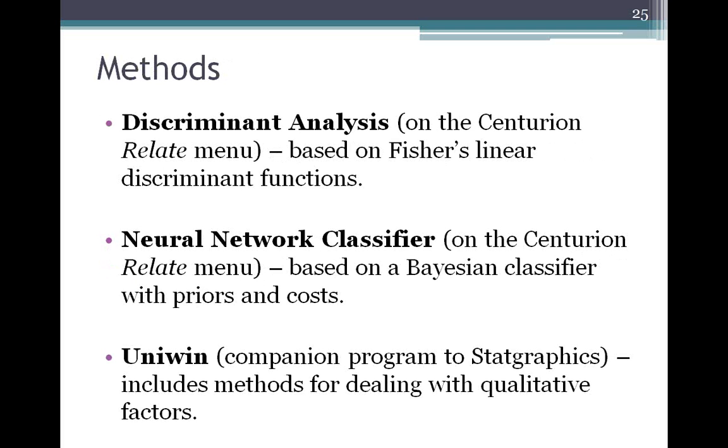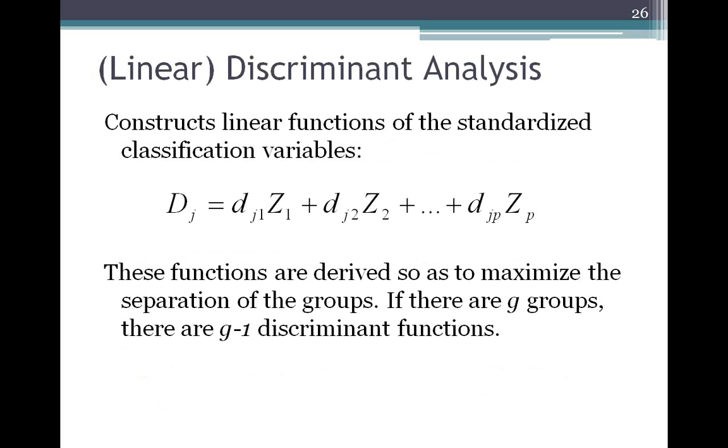Uniwin allows you also, though, to use some qualitative factors. Okay. Now, the first procedure we're going to look at is going to be a linear discriminant analysis. What a discriminant analysis does is it constructs linear functions of the variables that characterize the objects that you want to classify. Actually, linear combinations of the standardized variables, which means you start not with the raw x's but with the z's, where the z's are basically each of the variables, minus their means divided by